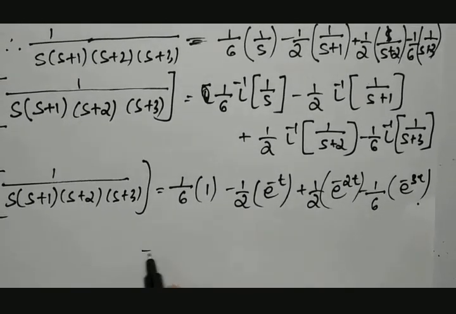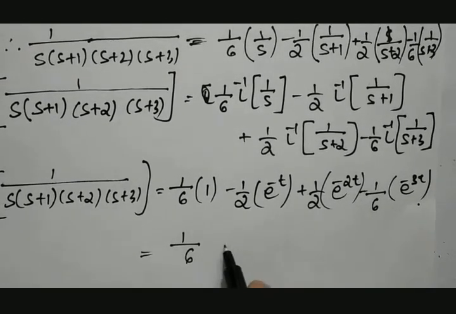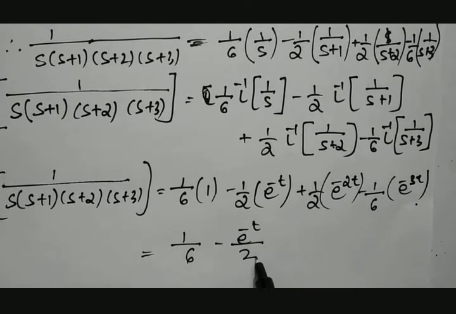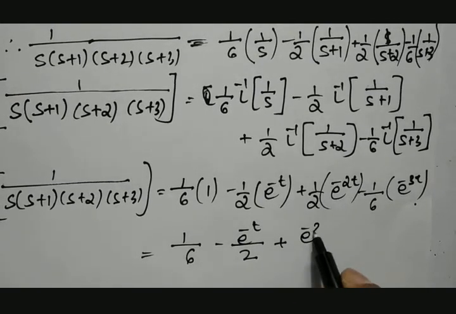Okay, therefore this is equal to 1 by 6 minus e raised to minus t divided by 2 plus e raised to minus 2t divided by